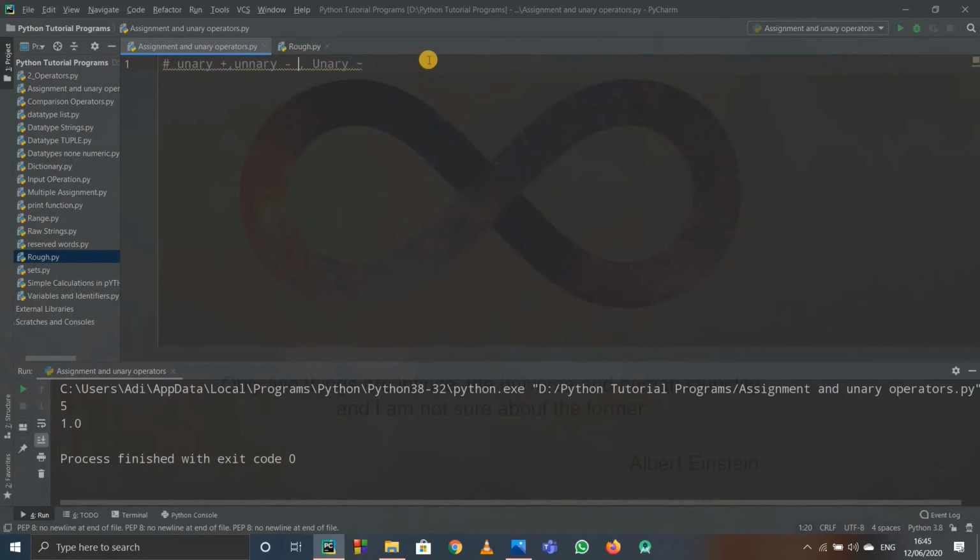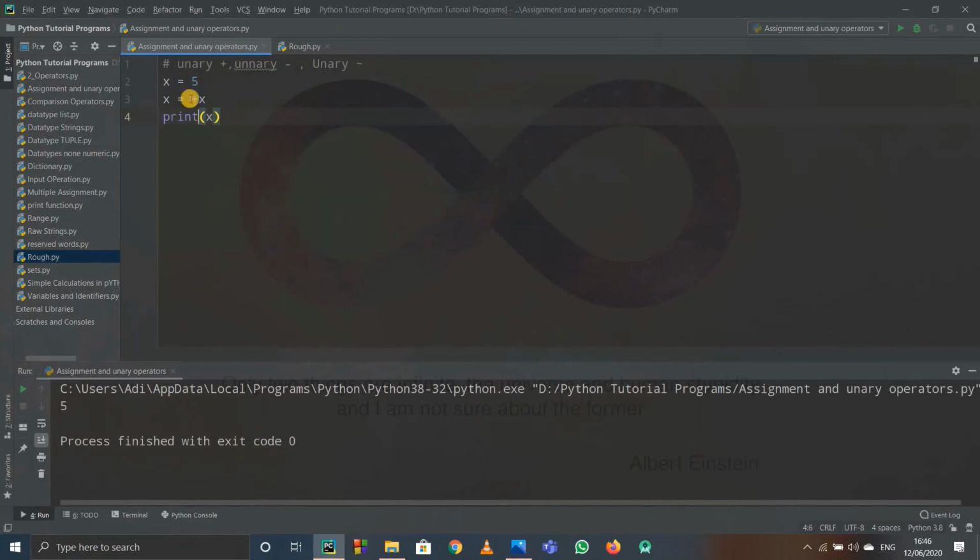And to see them, you can just see. So if I write x equals to 5 again, and I just have to use the unary operator over here. So I'll just write x equals to plus 6. And when I run this program over here, print x, there's no change in it. So it will just print out 5. So this plus is the unary operator. So you'll ask what is the use and all of it. In Python we don't use them as such, but they're really useful in C or Java. So I'm just discussing it because it is a part of theory. So you must know it.